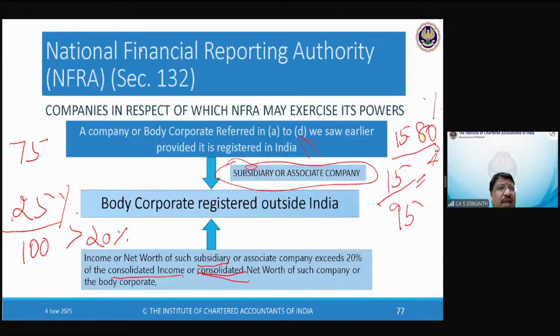Tribunal will take care of everything, right? I don't understand what you mean by that. Who's going to make standards there? Sir, standards are still formulated by an elaborate board. You have the Accounting Standards Board now. ICAI has an ASB. NFRA will also set up an NASB, the National Accounting Standards Board, and that board only will frame the standards. Obviously, that board will have chartered accountants only. Maybe some people from MCA who have some knowledge could be there.